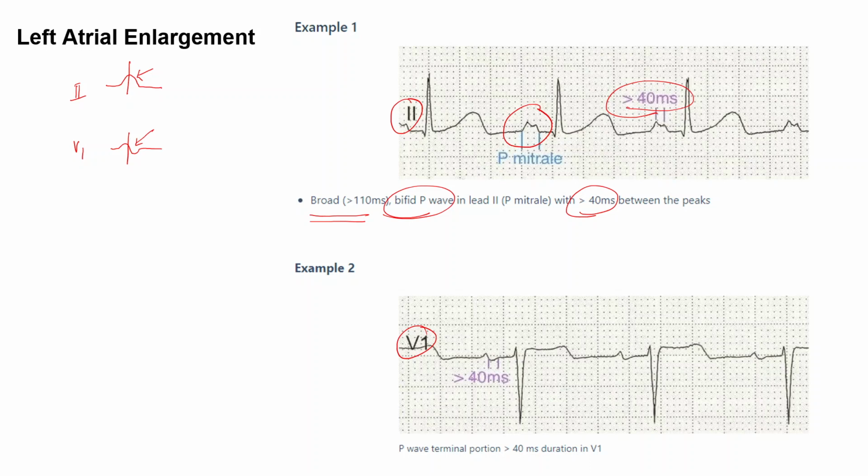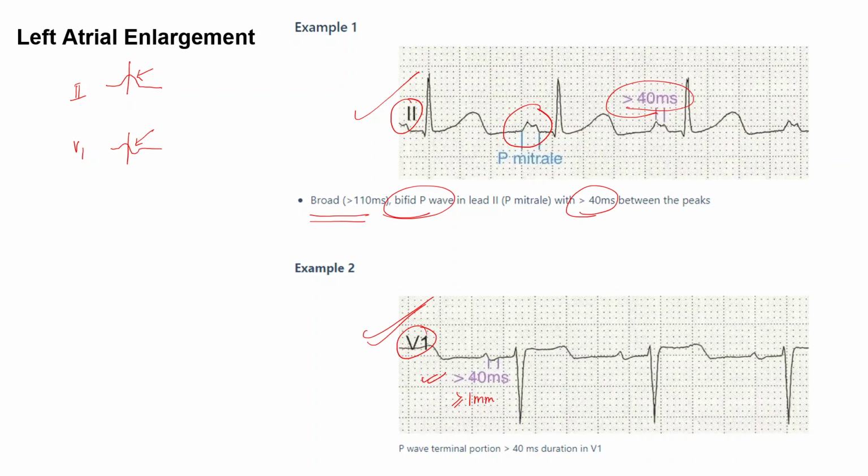What will happen in lead V1? In V1, the second part is affected. So the second part will become wide and deep. Wide means more than 40 milliseconds, that is more than one small box. And also it will become deep, that means more than or equal to 1 mm deep. Okay, so this is the finding in lead 2 and this is the finding in lead V1 for left atrial